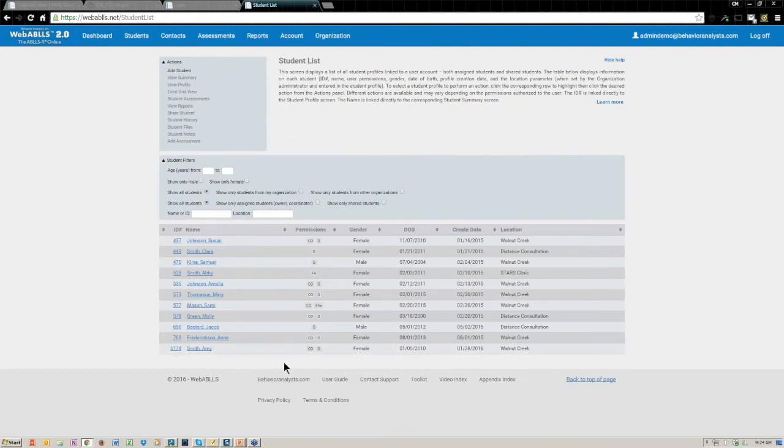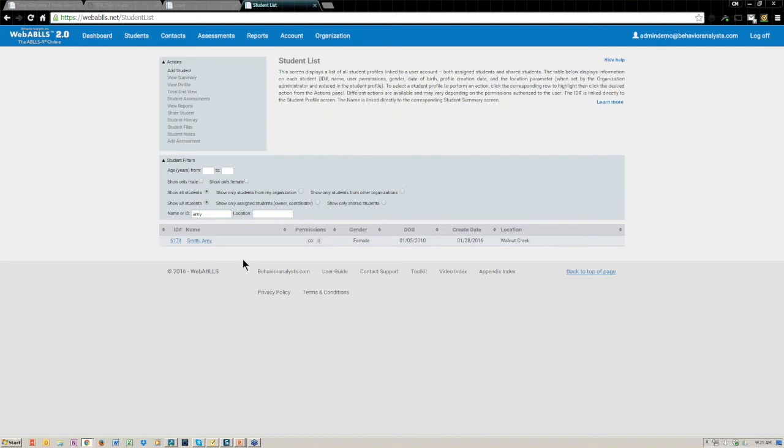And the screen's going to refresh and it comes back and my student has been added down here at the bottom of my list. I believe the default is for that to sort by ID number. So when you add a student, it will most likely add to the bottom of the list. We have some people who have hundreds of students in this student list. If that's the case, you can use your filter to find your student very, very quickly. With that, now we are going to go and see the student summary for our new student.